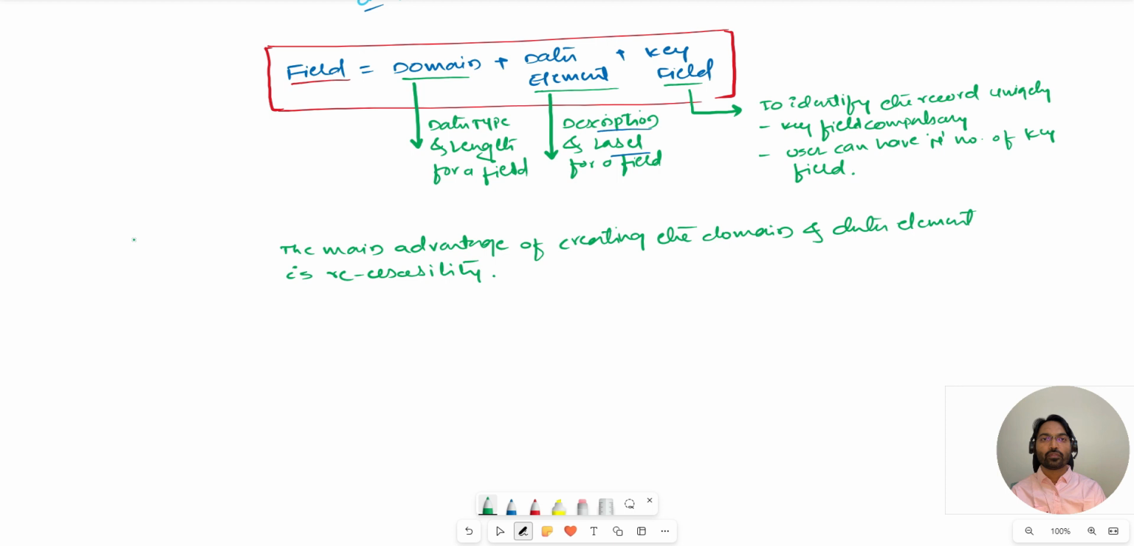Suppose you are creating two fields. Name 1, nothing but the first name. Name 2, nothing but the second name. Name 3, nothing but the last name. Now all name will be having the same data type, maybe will be having the same length. Now instead of creating again and again, you can reuse them. That is the main purpose. The main advantage is reusability,